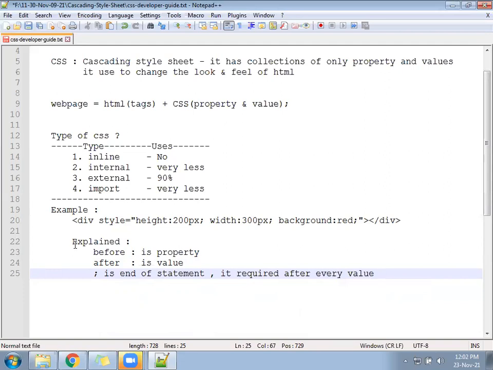After every value, you must give the semicolon. Semicolon is required.